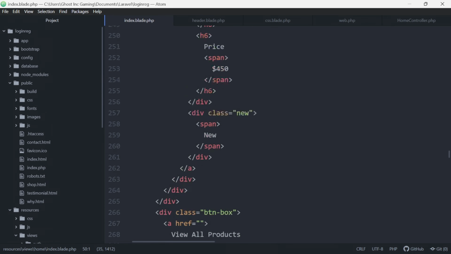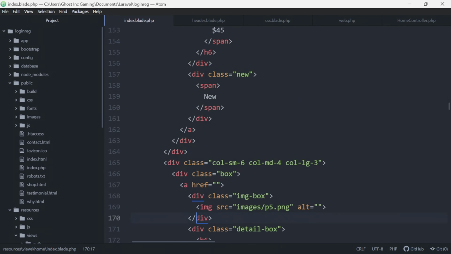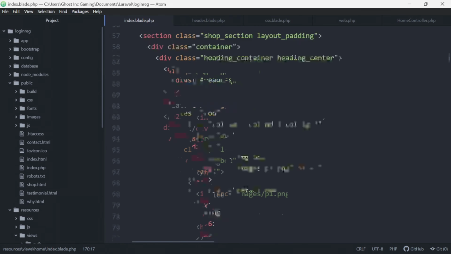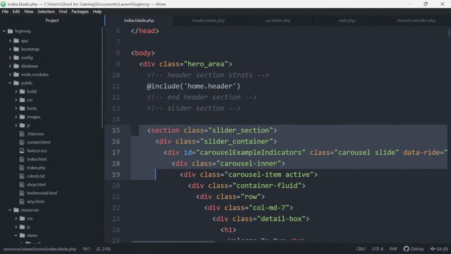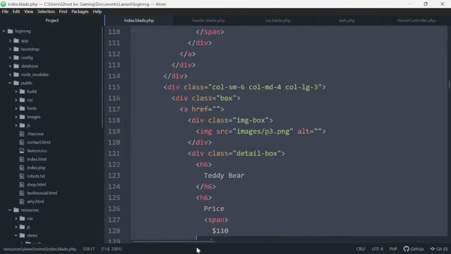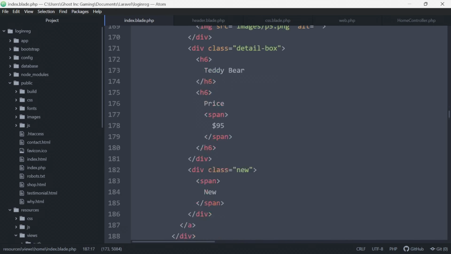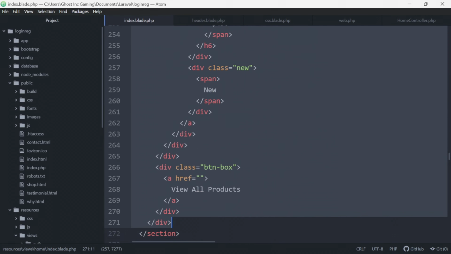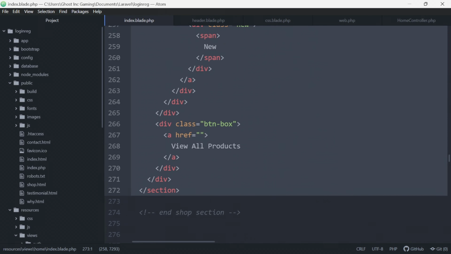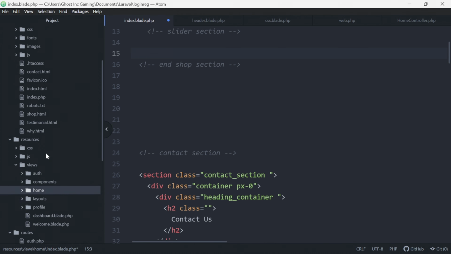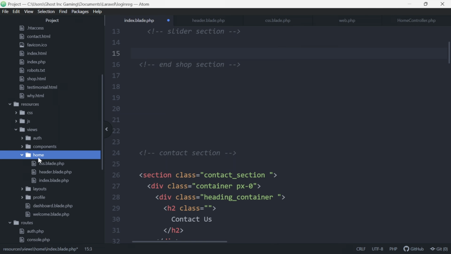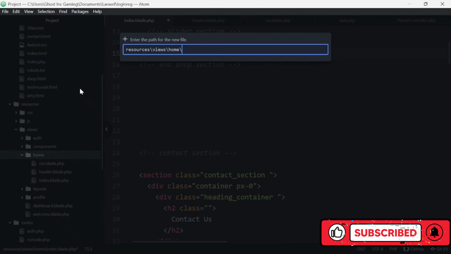All right, so it ends here. So these two sections are ours. From here until the end of the shop, we cut this. Inside our home, we create a new file. Let's just call it slider as well,